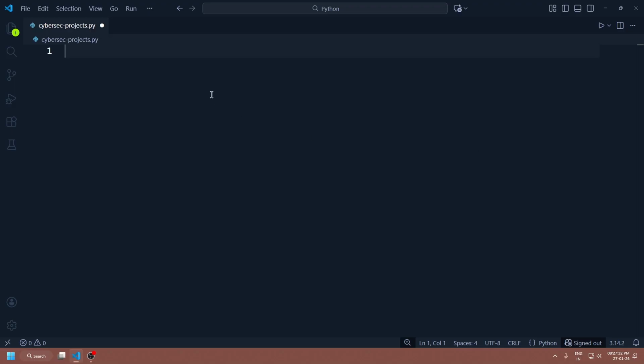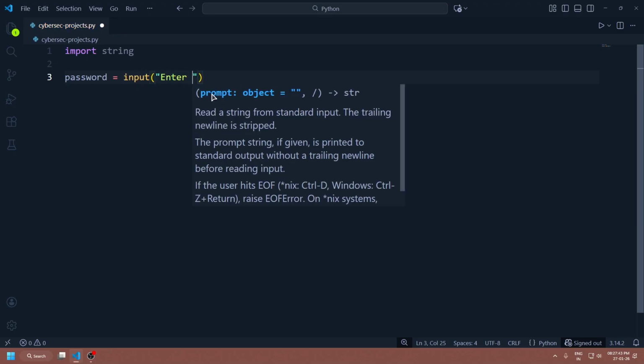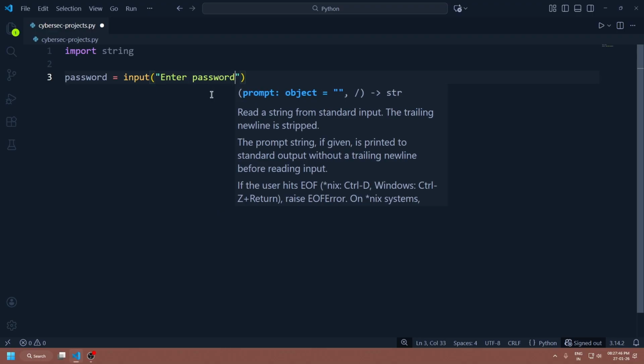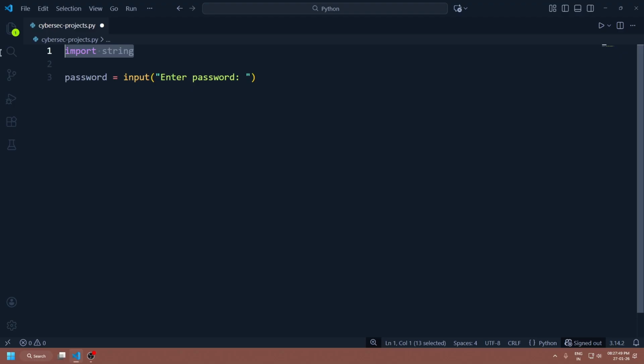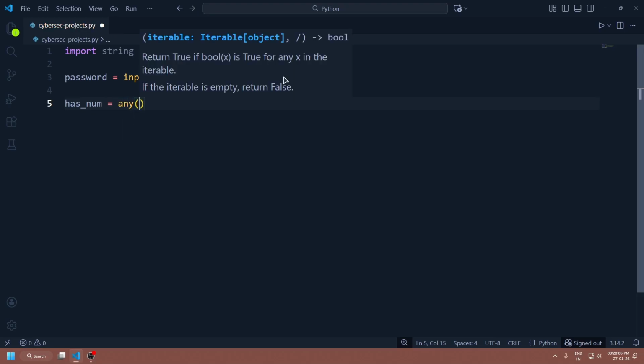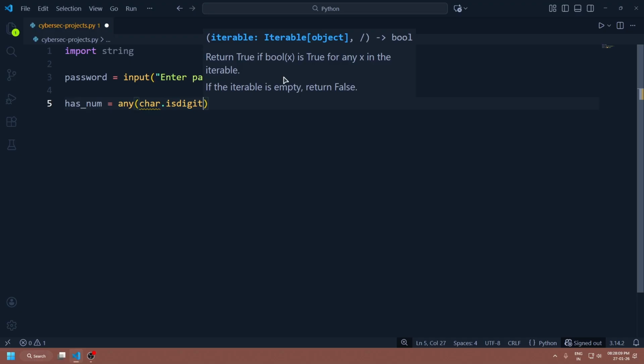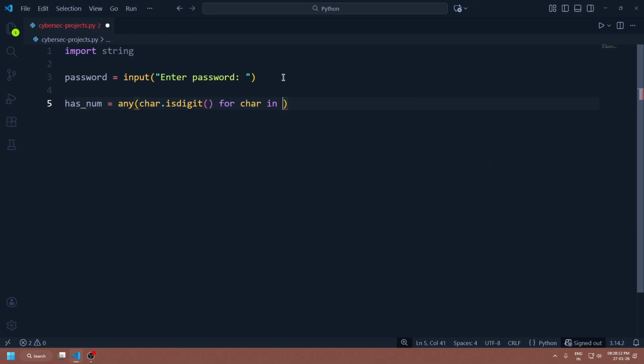Okay, so for that we will first import a library called string, and I know we haven't discussed importing and stuff yet. We will discuss this in future videos, but it's not a very complex thing, so I'm using this in this video right now. And then we will take a variable named has_num, equal to any char.isdigit() for char in password,